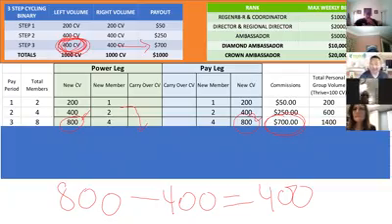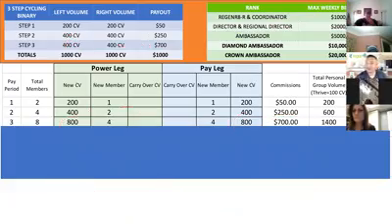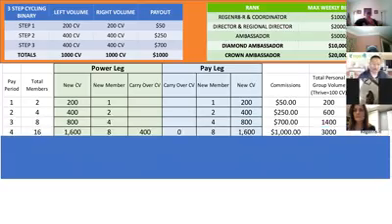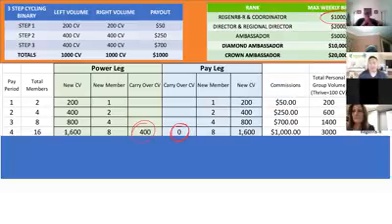However, on the pay leg, we are going to pay out your maximum binary pay rank, and when we do so and we fulfill the comp plan's promise, we are going to flush and reset your pay leg back to 0. So what you're going to see on the following week, on pay period 4, is that you have 400 carried over on your power leg, but your pay leg reset to 0. We don't carry over the 400 there because we paid out. We paid out that 1,000 weekly cap that we promised we would pay you.